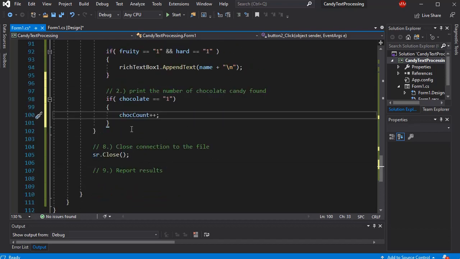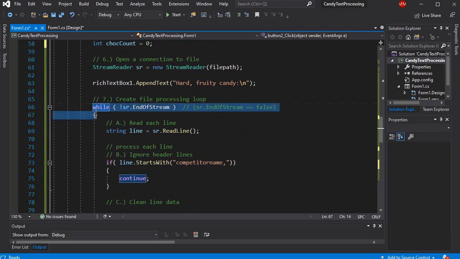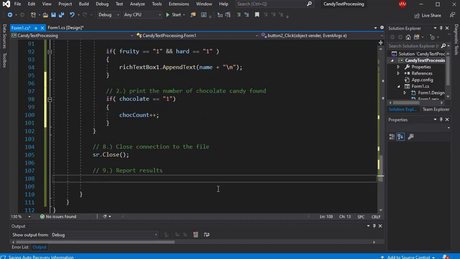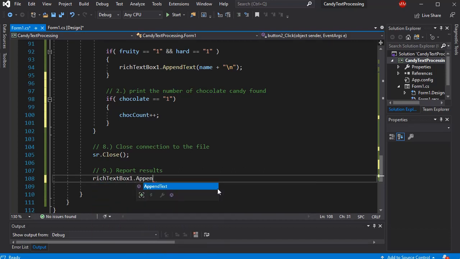Now here, when we are accumulating, I don't want to print how many chocolates I had until I have finished counting every line in this file. So after my while loop here, I'm going to go down to line 9 here, and I'm going to do the following. I'm going to say rich text box 1 dot append text. Well, let's do a quick little bit of logic here. I'm going to say, well,